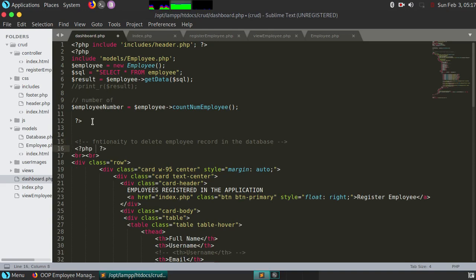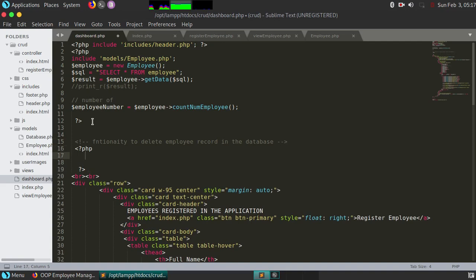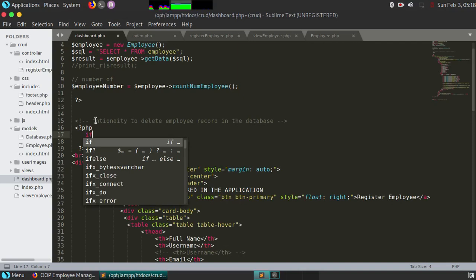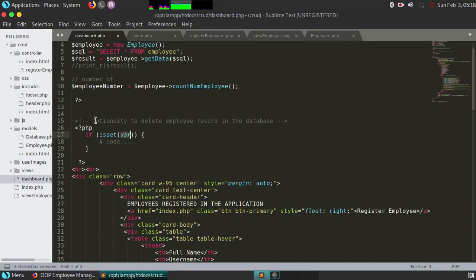And what I'll do is I'll open my PHP and write in my statements, right? Now the first thing I'll check is if the variable has been set, if that variable has been clicked, right? So if it is set, the employee's ID, what I want to do is write a JavaScript